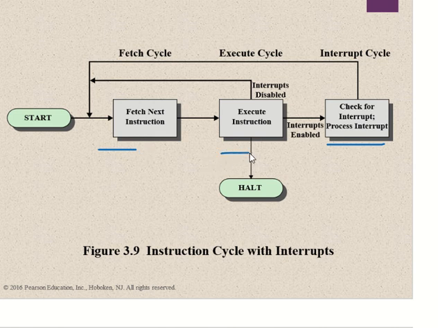It fetches the next instruction and executes it. If an interrupt is pending, then the processor suspends the execution of the current program being executed. It saves the context. This means saving the address of the next instruction to be executed after the interrupt service routine is over, from where it has to come back. It then sets the program counter to the starting address of the interrupt service routine and executes the interrupt service routine.